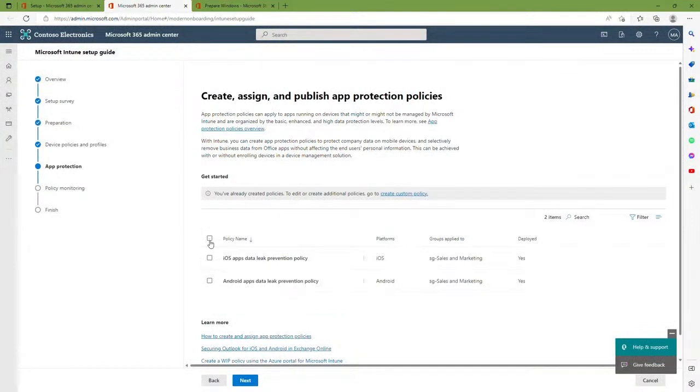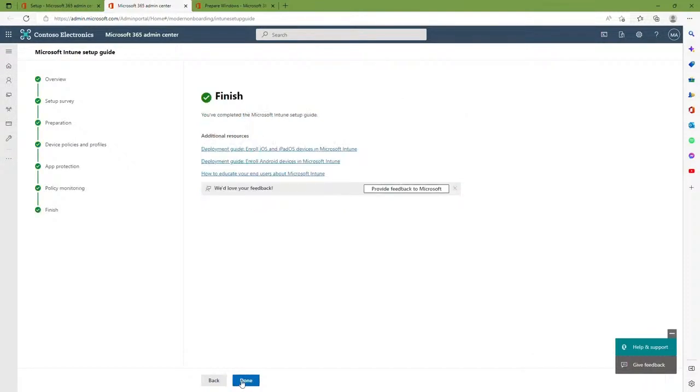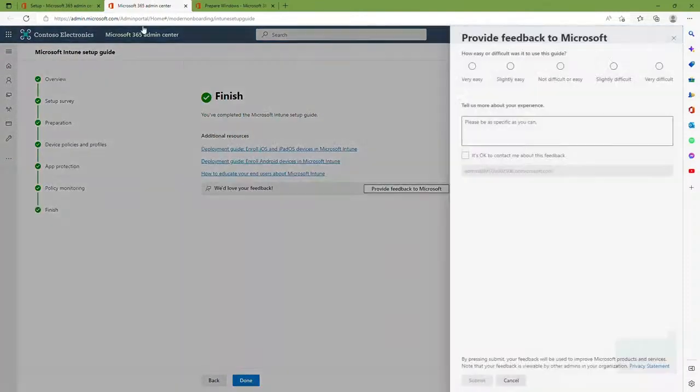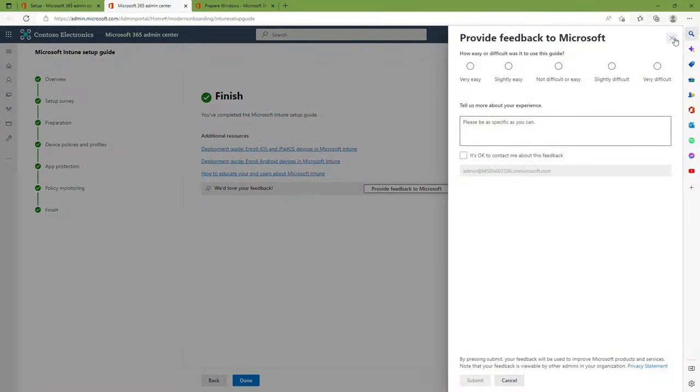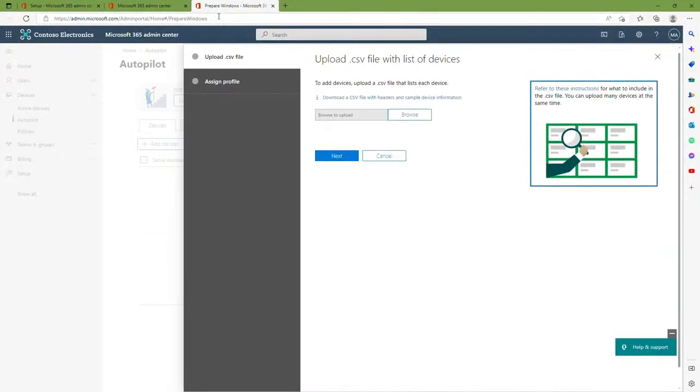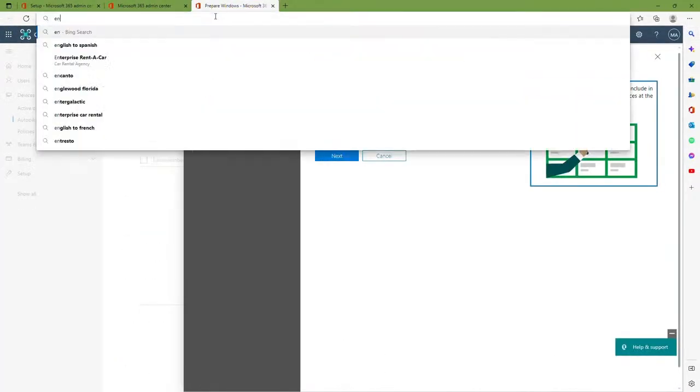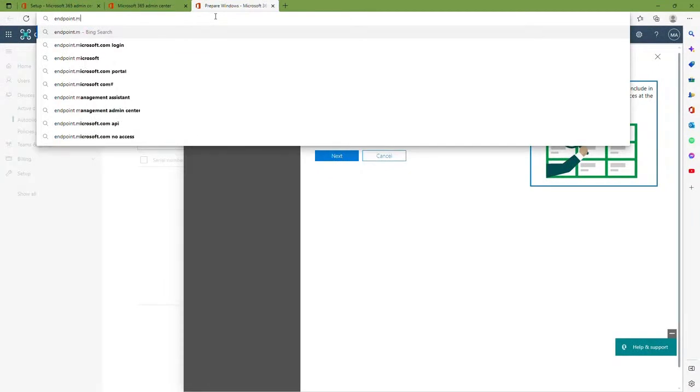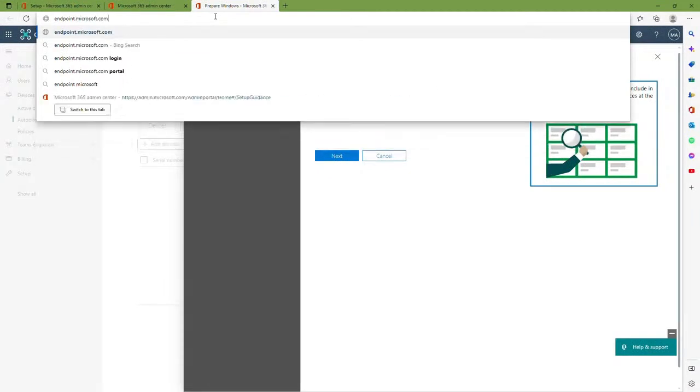And some app protection policies. Again, these are great for getting some examples of what are best practices. All right, so we've walked through all of that. So if I come over and I go to endpoint.microsoft.com,